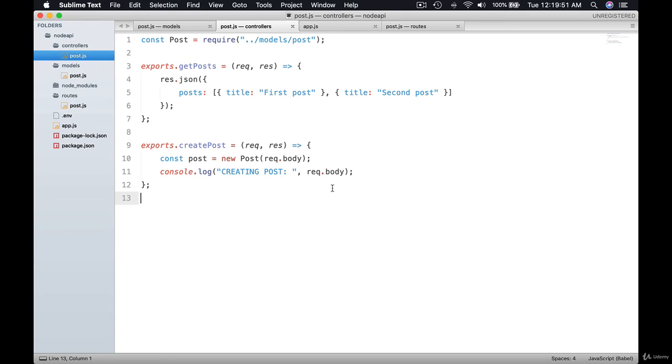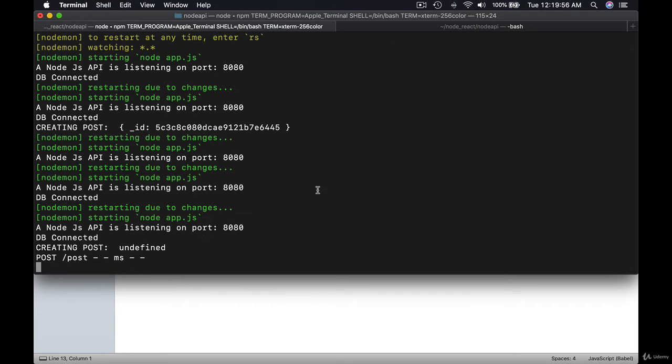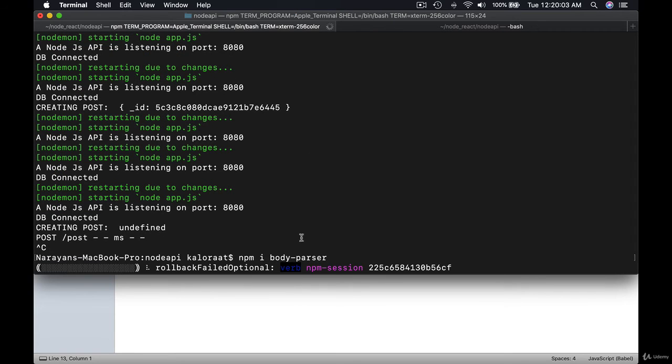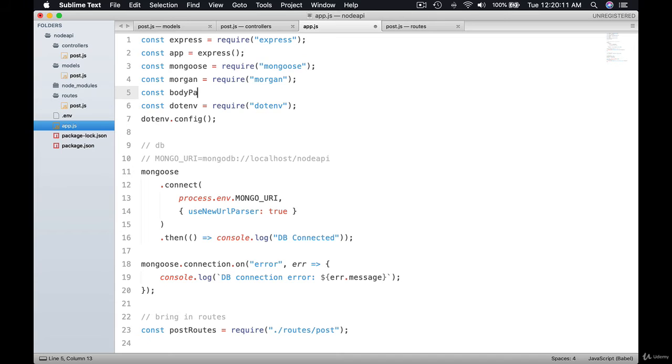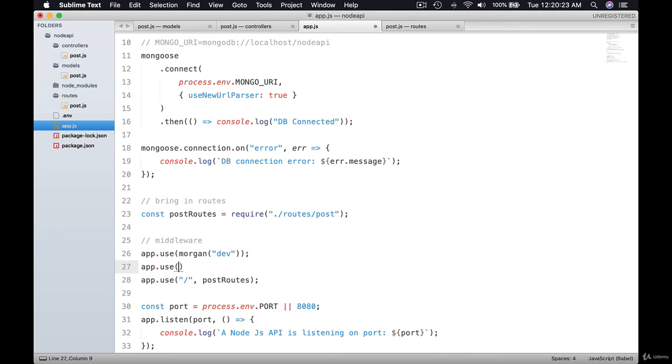Okay, so what we need to do is install that package. Let me stop this server and run npm install body-parser. While that's happening, let's go to app.js and require this one. So const bodyParser equal to require body-parser. Now we can use this as a middleware. So app.use bodyParser,